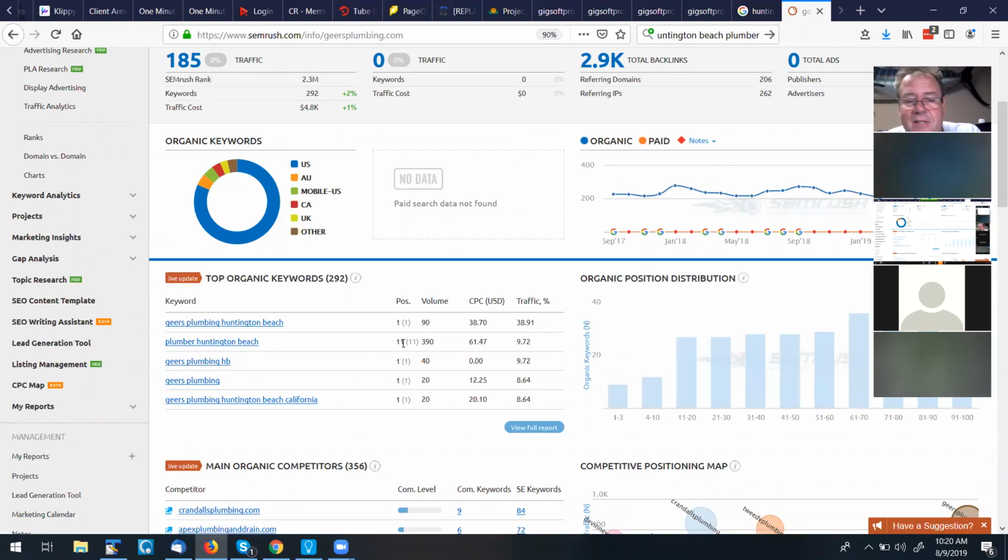We just saw them at number 10. This says they're number 11. So it's not perfectly in sync, but that is a perfect keyword. These guys have brand recognition. Google's already made the connection. They're just on page 2. So this is the perfect keyword for SitePop to nail up to the top really, really quickly. And when it does this, it's going to pull a whole bunch of other keywords up with it.